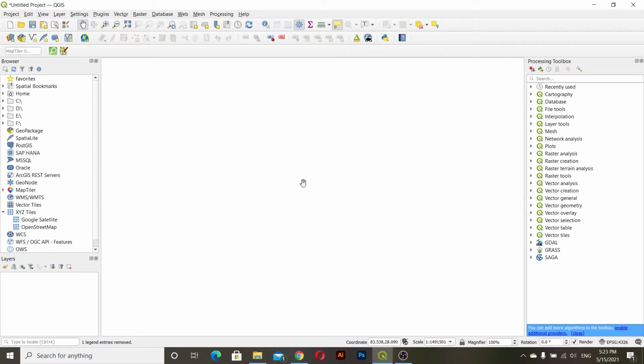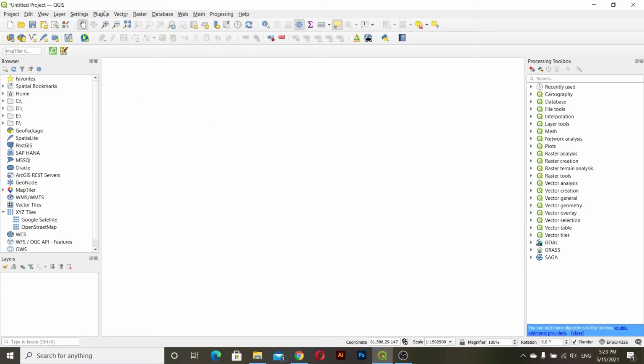So this Quick OSM basically has an Overpass API. This Overpass API acts as a database over the web, which means when a user or client gives a query to the API, it returns the user a data set according to their query. So we'll use that plugin to extract the data from the OSM.